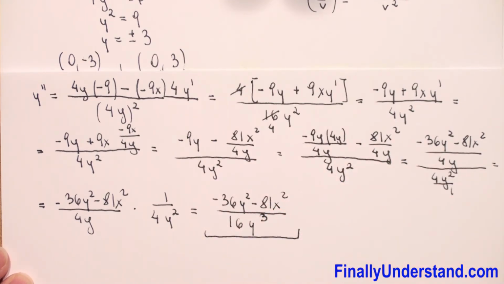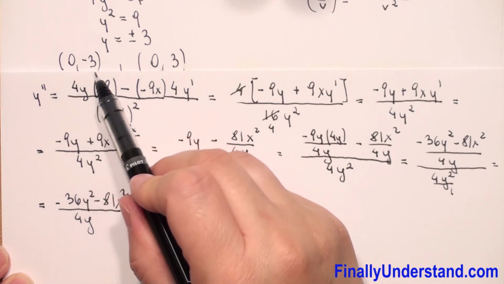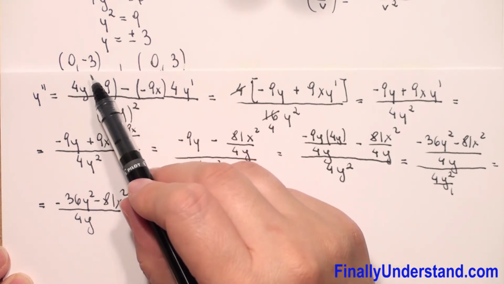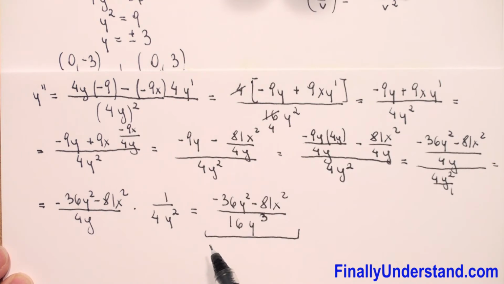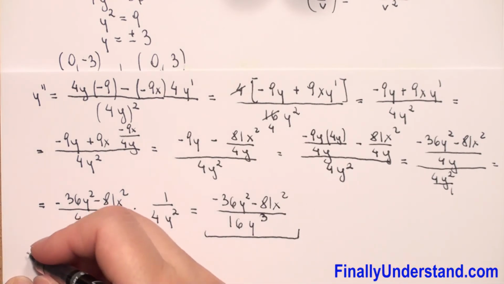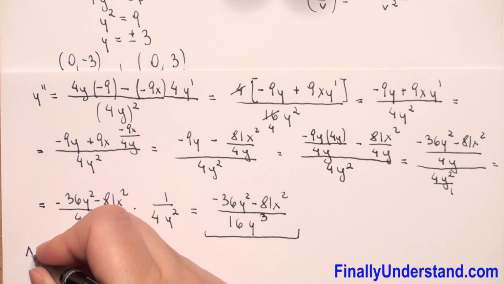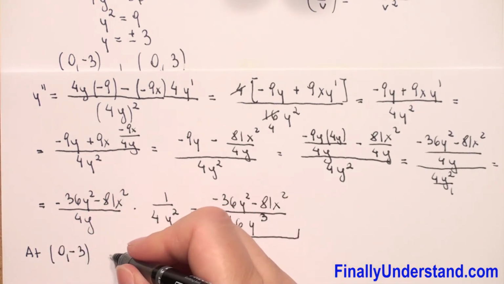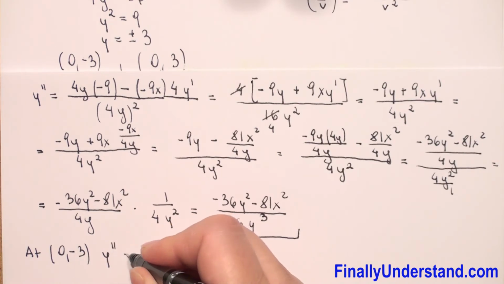Now, when we have the second derivative, we have to replace x and y first by the coordinates of first point and check if the second derivative will be positive or negative. When will be positive, we will have minimum. When will be negative, we will have maximum. So, first point, let's check at point 0, negative 3,